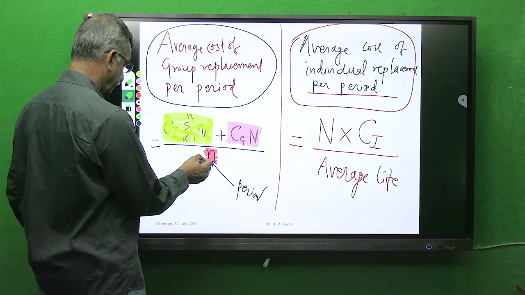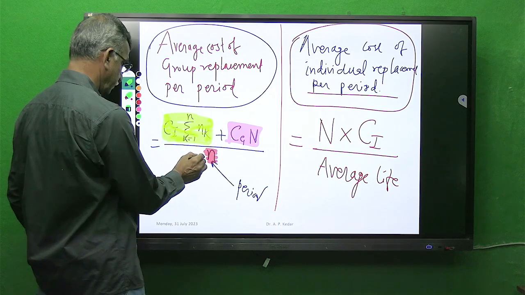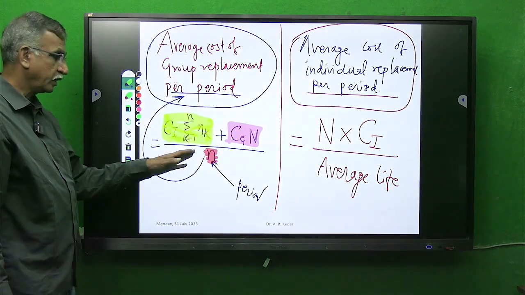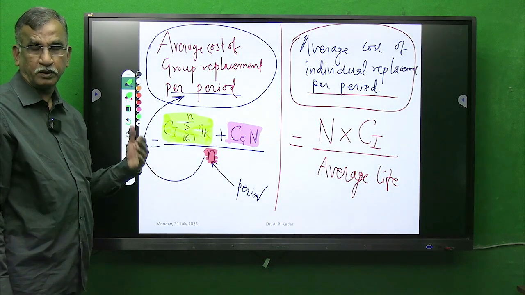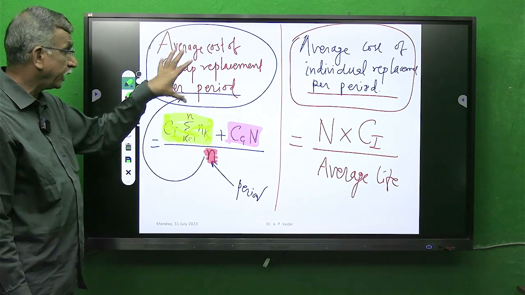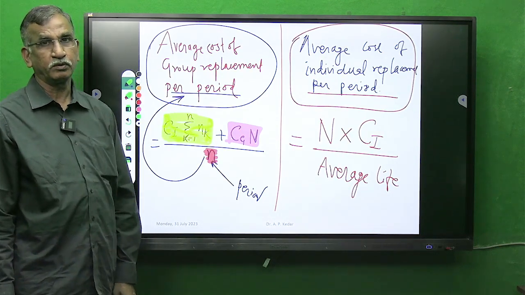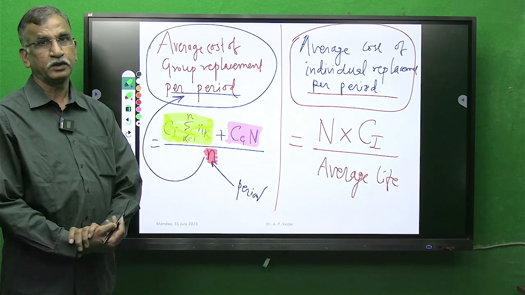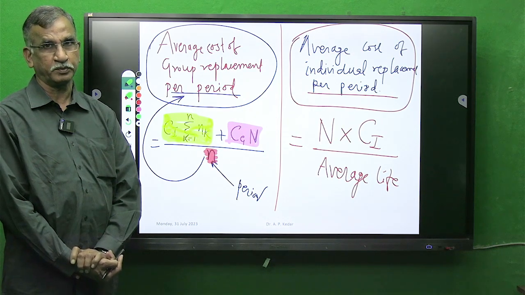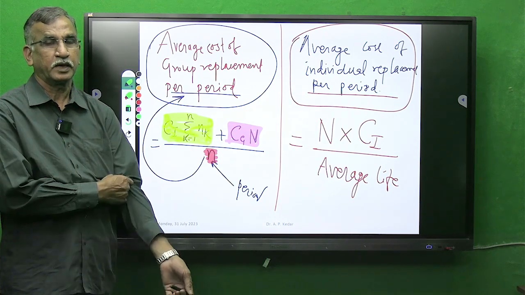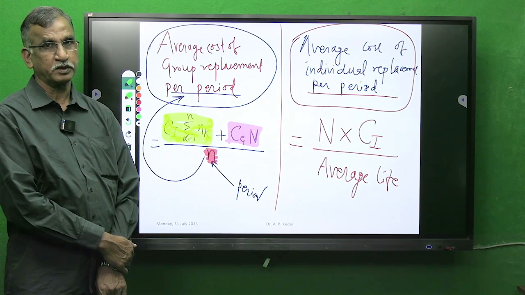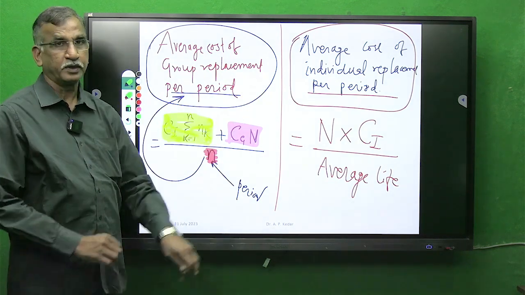division by n gives you unit per period. Division by n, that is total week 1, 2, 3, 4, or total month 1, 2, 3, 4, gives per period. And it is mandatory that whenever you want to take a decision regarding individual replacement policy or group replacement policy to be adopted, remember one thing, that they must be converted in the same unit, and the meaning of same unit is per period.